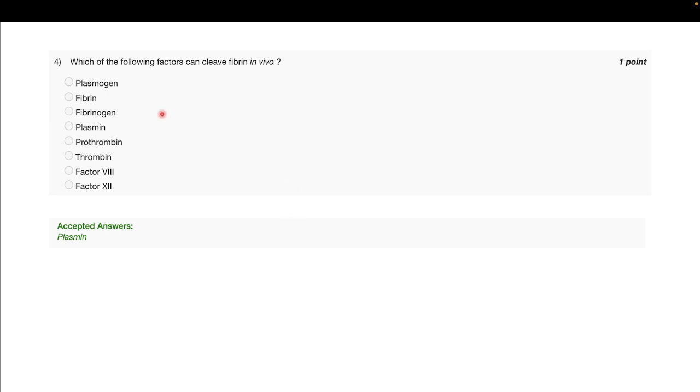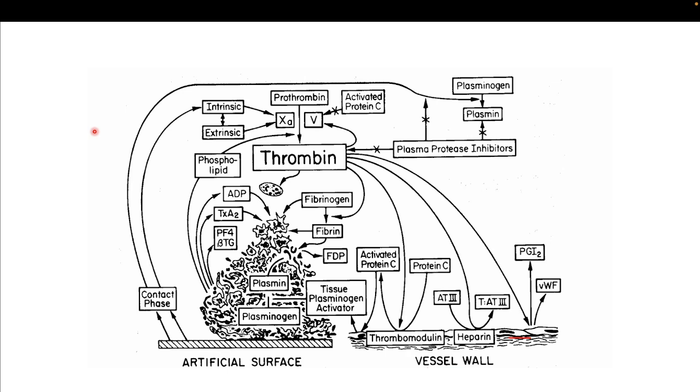there are actually various different proteins in this cascade. One cascade is where your clot forms, another cascade is where your clot dissolves. So to dissolve this fibrin in vivo, the factor that is responsible is plasmin. So this is a very complicated pathway. So if you start looking at it one by one, you'll see that for formation of the clot, you have